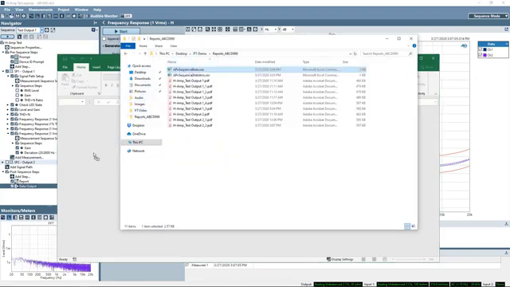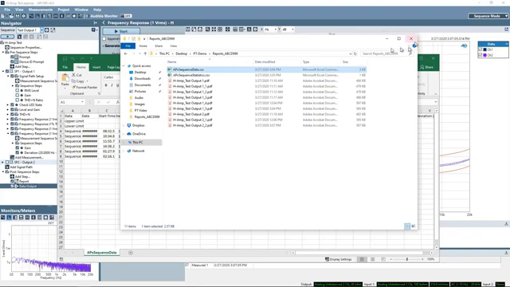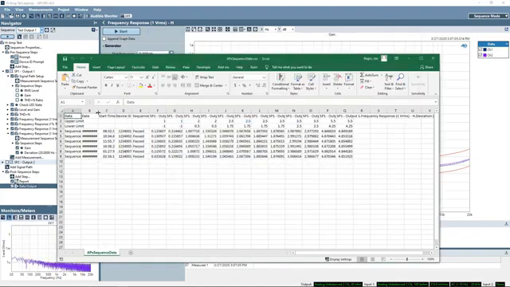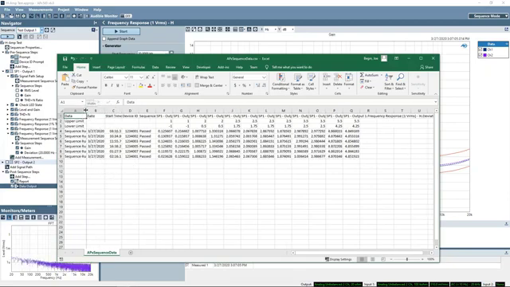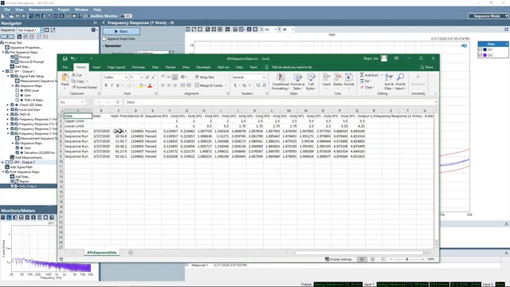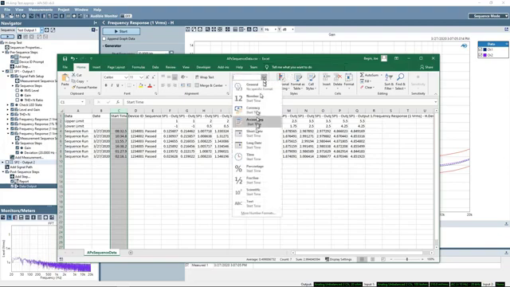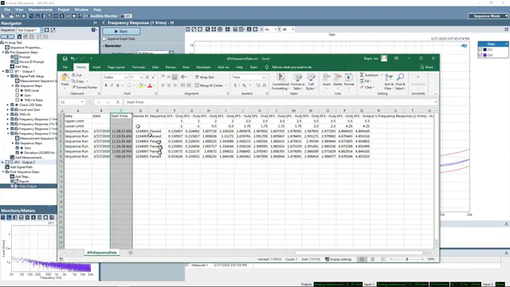My Excel file doesn't open automatically, so I have to do this extra step. This has the sequence run listed. We have the date and timestamp. The time will not be formatted correctly by default, but if I select time as the format, it'll set the time. Here you can see the device ID that's been filled in, a pass for the sequence,